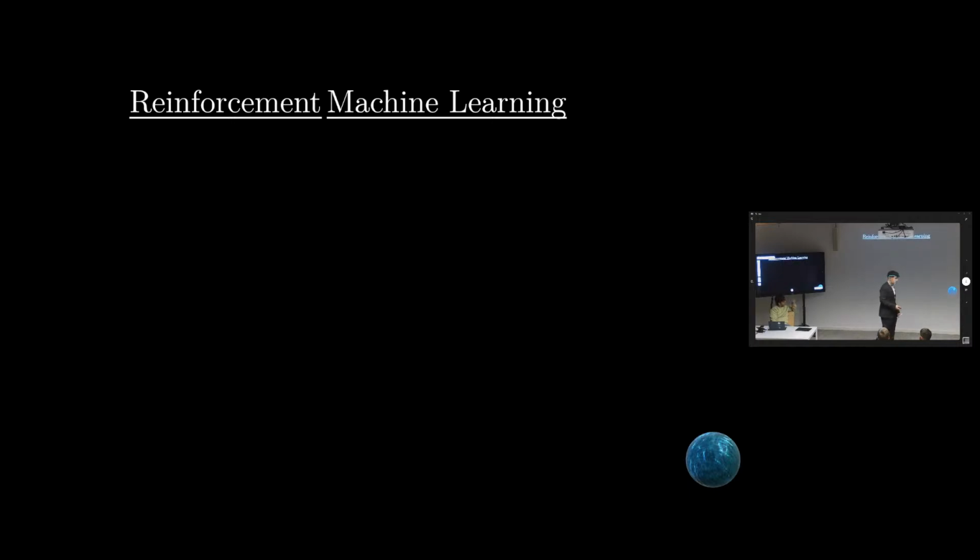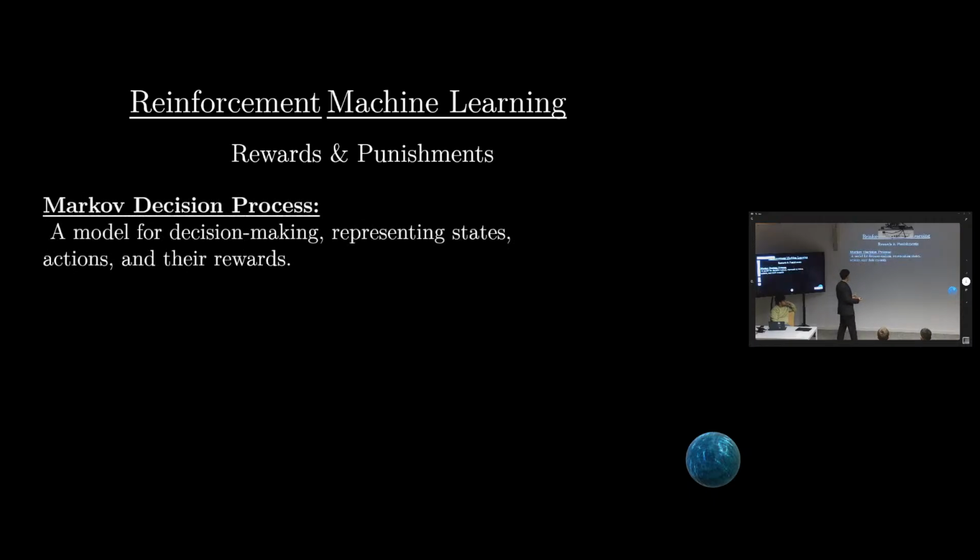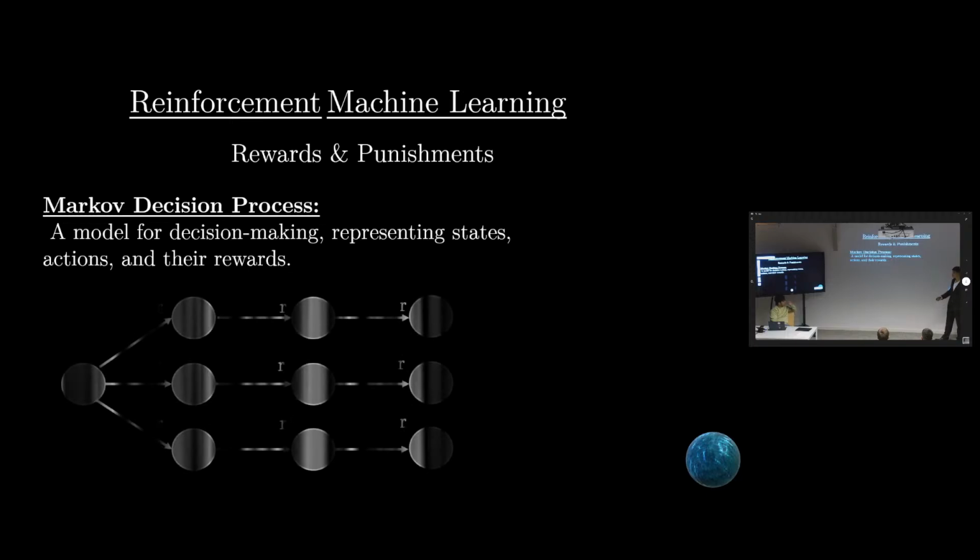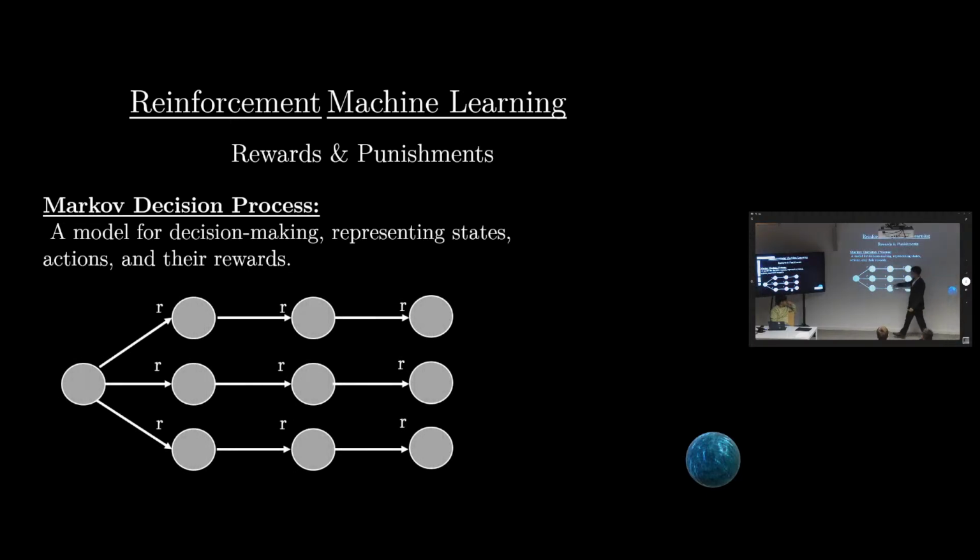So reinforcement machine learning, in it, we talk about two main words, which are rewards and punishments. All of reinforcement machine learning is about the AI having some set of actions, taking an action, and in this action I could either be rewarded or punished. And I train against myself until I find the correct solution. And how do we do this? We use what we call, again, the Markov decision process. The Markov decision process is a model for decision making representing states, actions, and rewards. For example, this would be a Markov decision process. In the first state, I could take three different actions, and each one has a possible reward. And each one maps me to another state, and this one also has another reward. And the reward could be negative, which would mean then that it's a punishment.